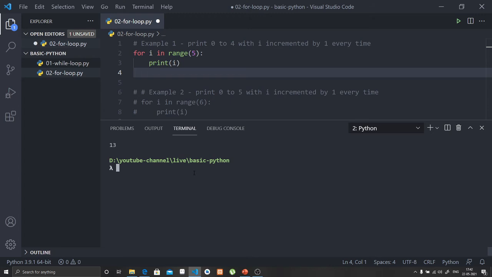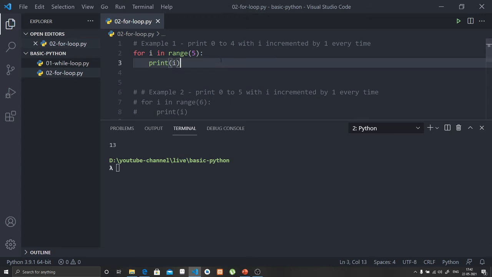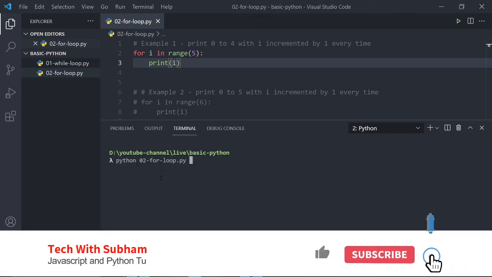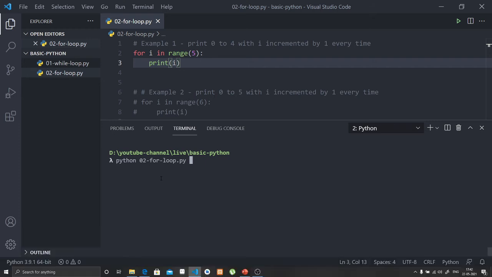So let's run this program. Before running this program, we have to save the file. After saving the file, type python space the script name .py, then it should execute.